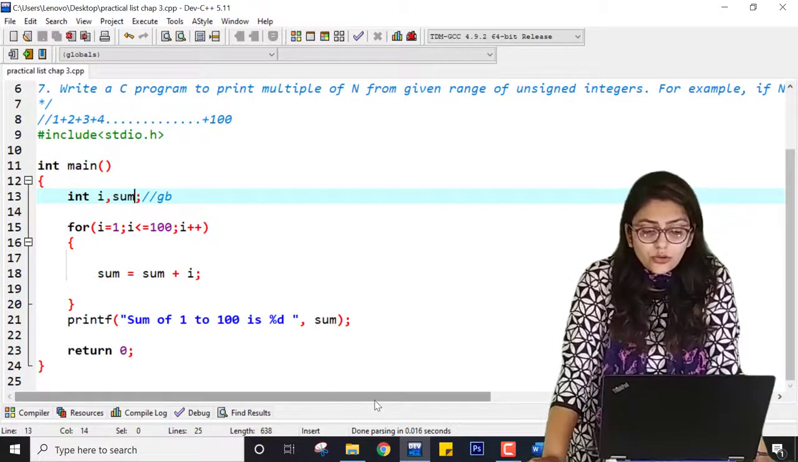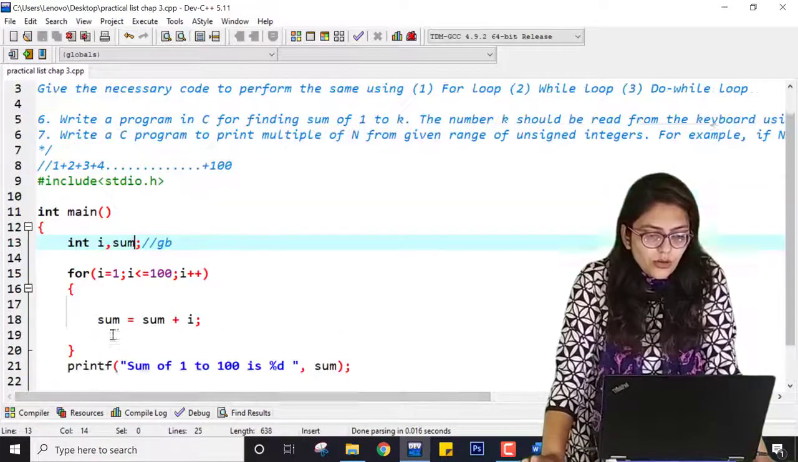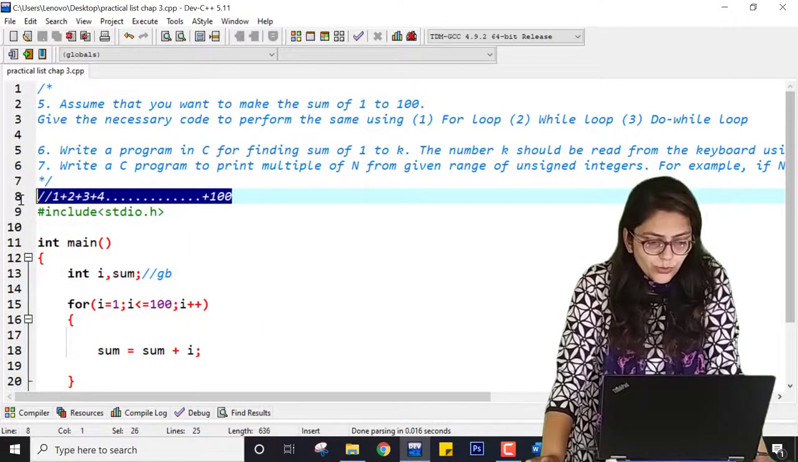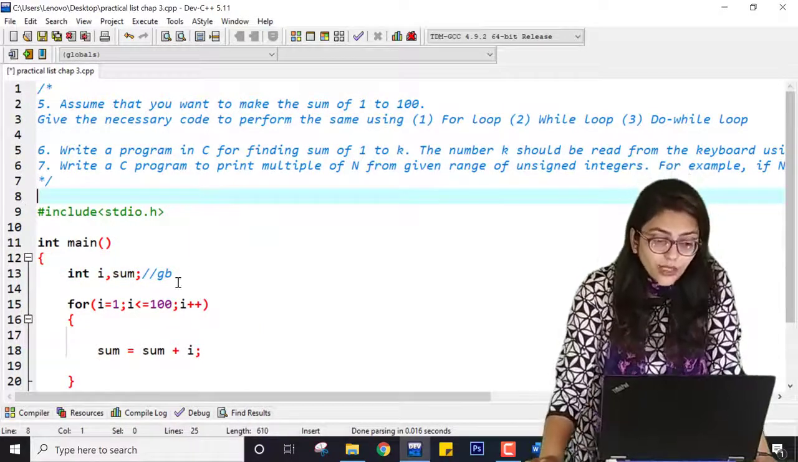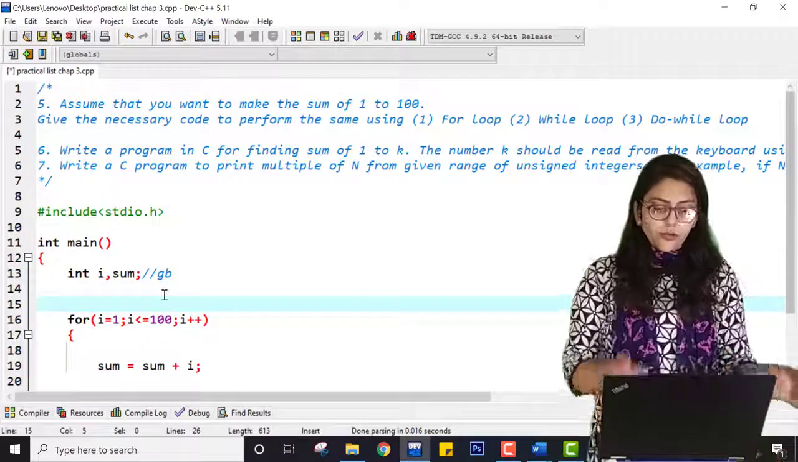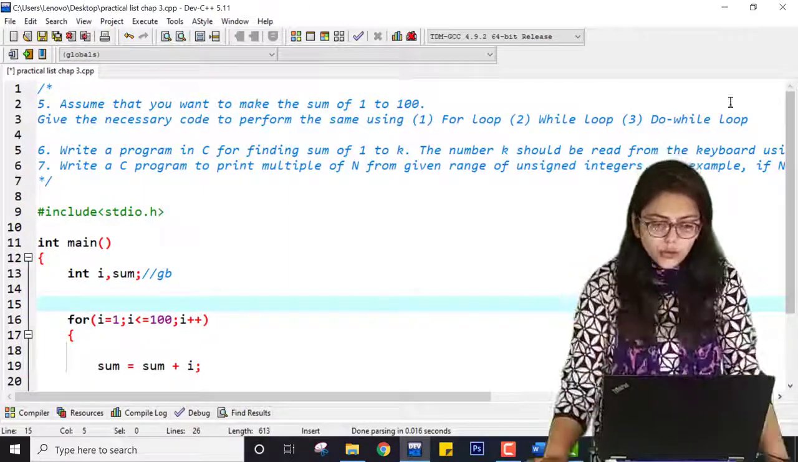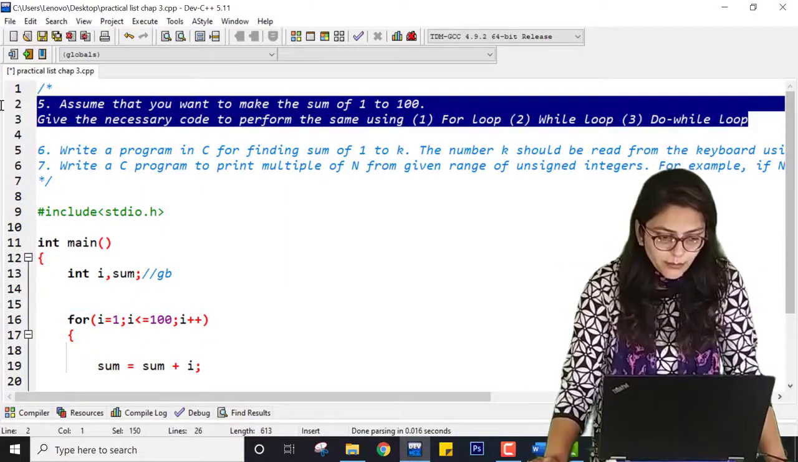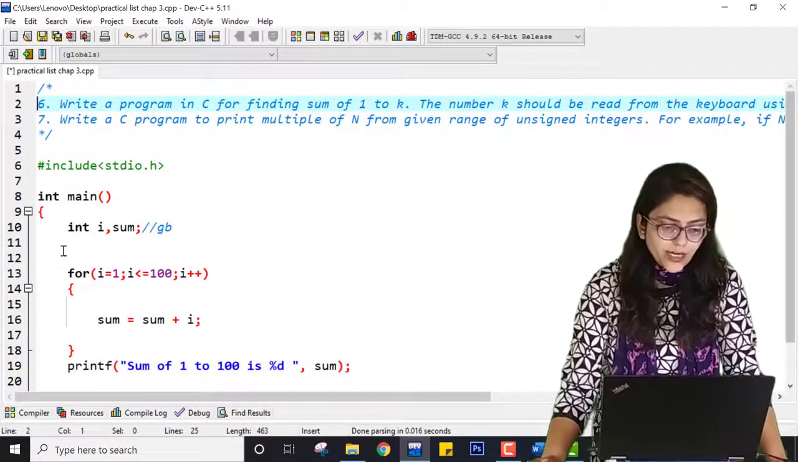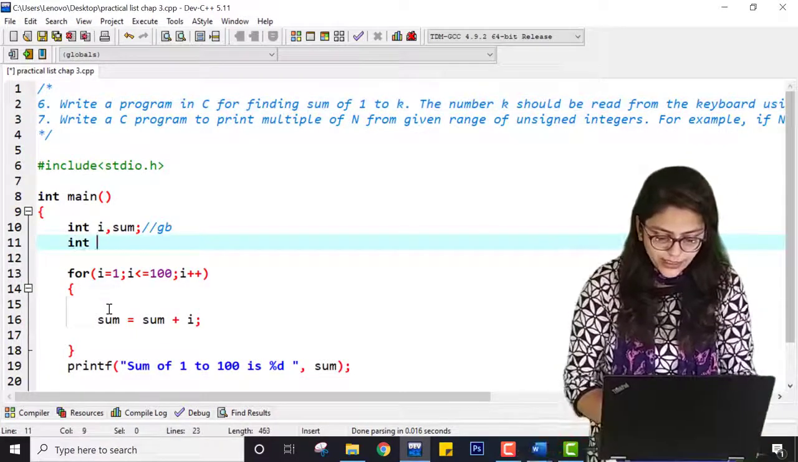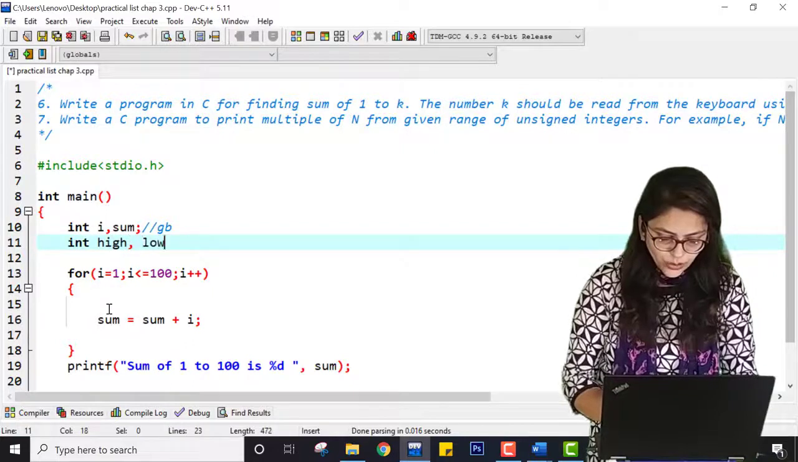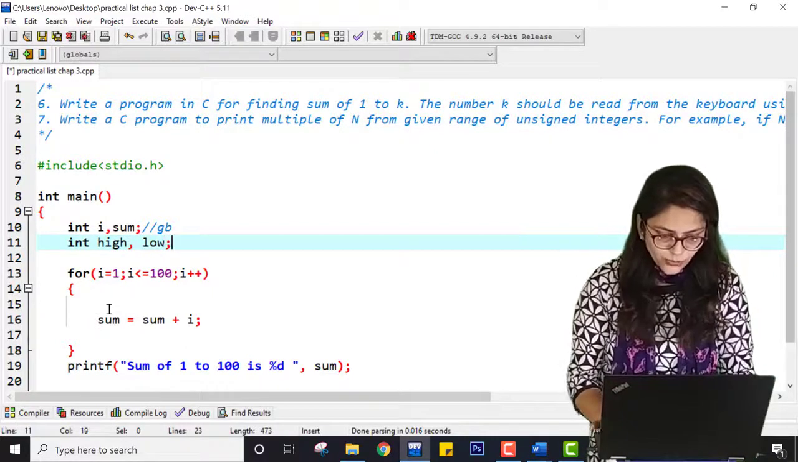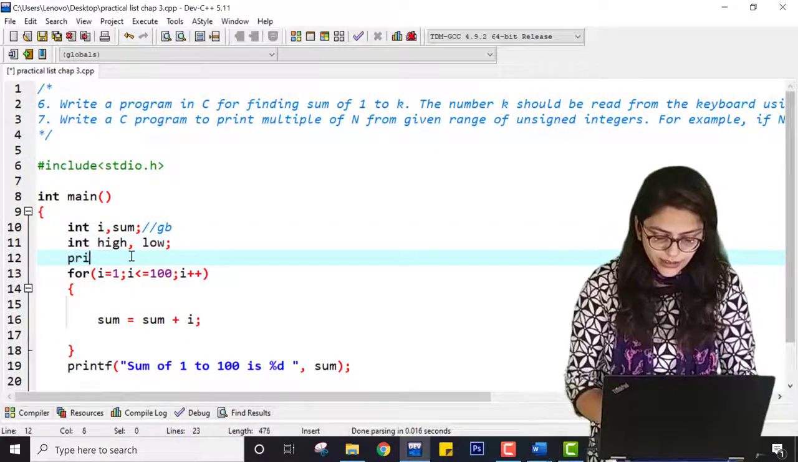So yeah, this is all about doing the sum of 1 to 10 numbers, or 100 numbers. What if I want to sum a range of numbers? This practical is already done, but what if I want to take the range from the user? So I am taking int high and low values from the user, and here I am telling printf